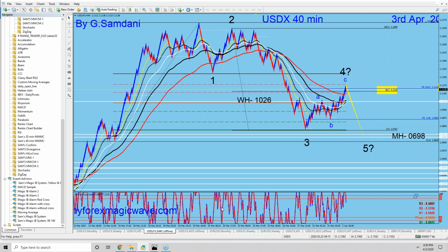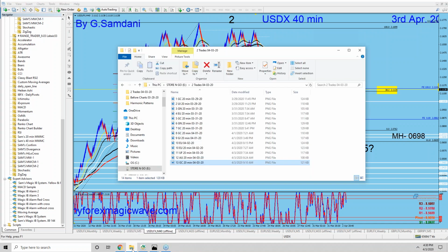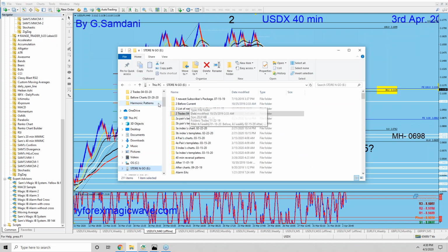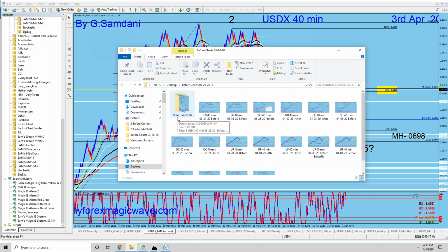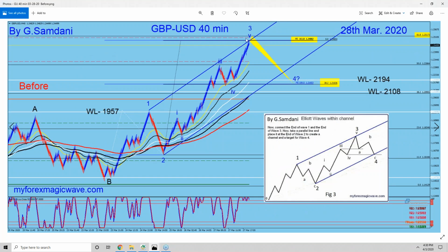Okay. Now, last week on Sunday, I gave you guys a couple of charts, and I posted them on the Telegram as well. One of them was, let me see if I can get it, for example, one was the pound, right? Pound USD. And this is the chart, right?